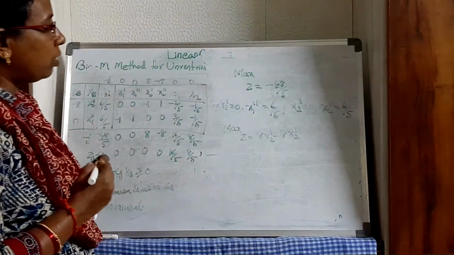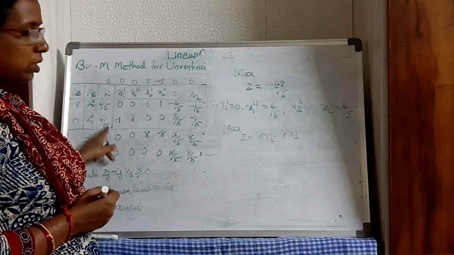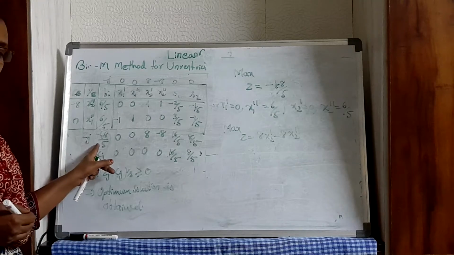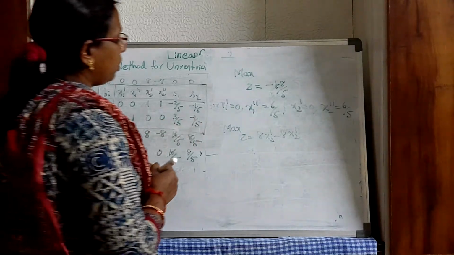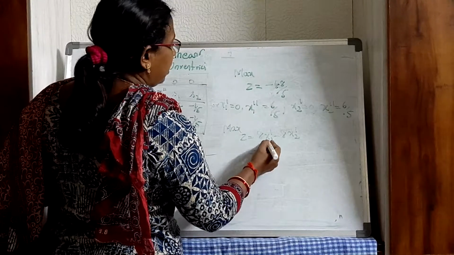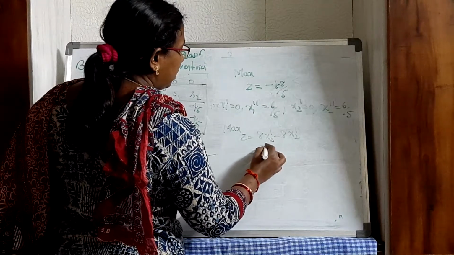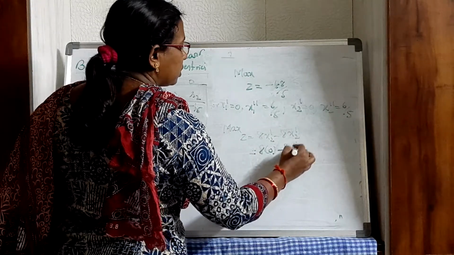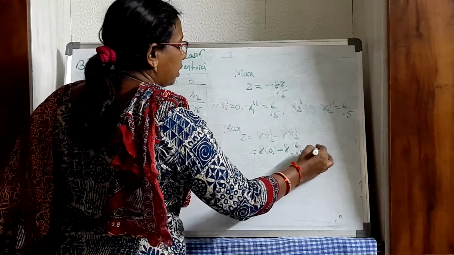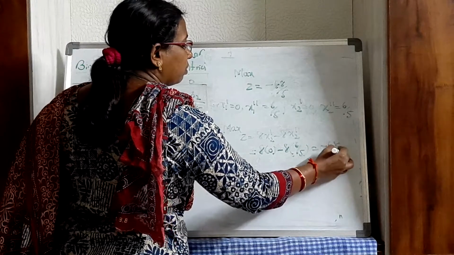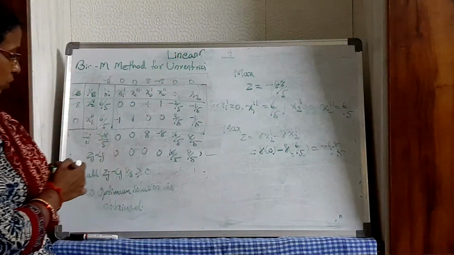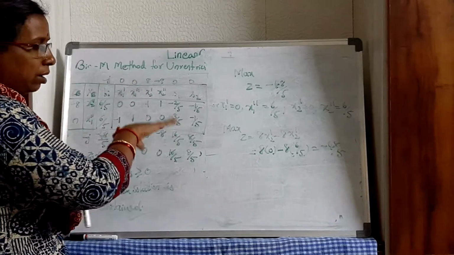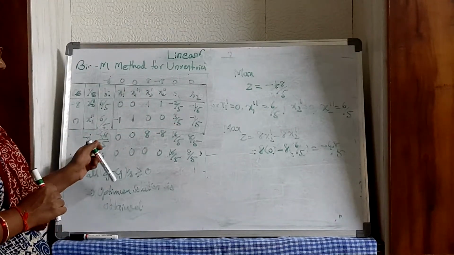Okay. Now we got this, and this is the objective function. This is the z value, maximize z value. You can write directly from this table. If you want, you can substitute here, you will get the same answer. See, here x2 dash is 0. So 8 into 0 minus 8 into x2 double dash, which is 6 by 5. So I am getting minus 48 by 5, which is the same answer which you got here in the final simplex table Zj. So no need to substitute again and calculate z value. Directly you can write it from here.